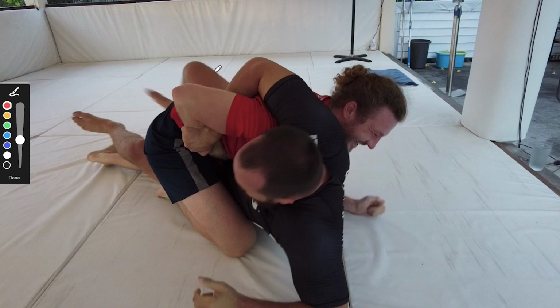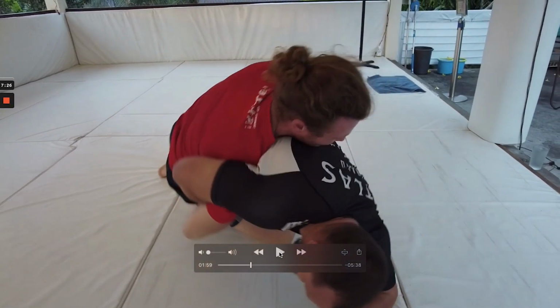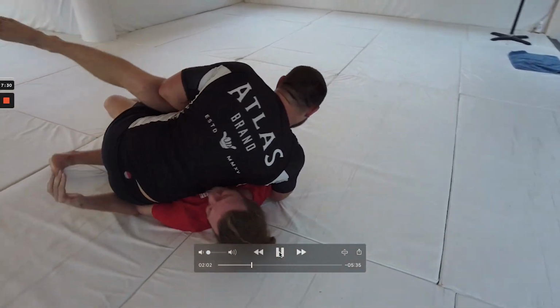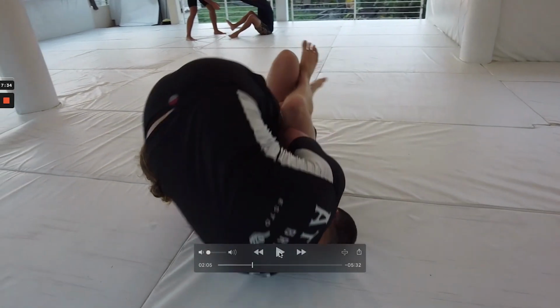So we can't see my right leg, but my right heel is driving down into the mat here. And that's what's going to help me drive forward so I can push George over to the left, right? So if we continue here, you just see me hit the hip bump, and this is what helps drive George over. And again, as soon as I get back on top, it's real easy for me to start